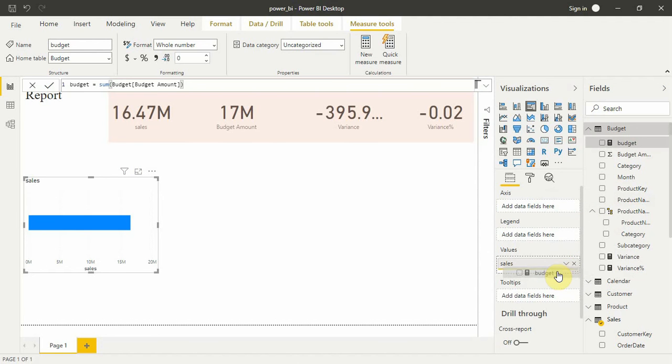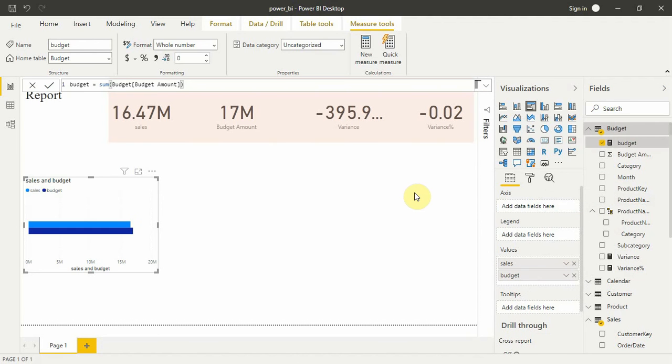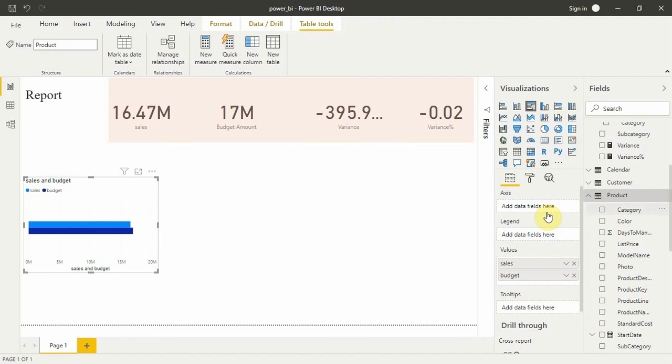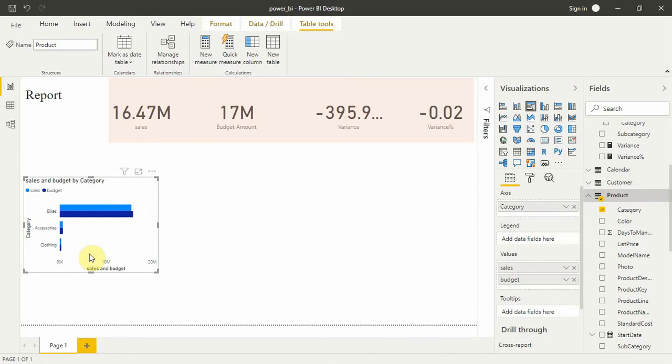Alright, now you can see sales and budget here. Now we have to add something to axis as well. In axis, let's add category. Alright, now you can see bikes, cars, clothing, its sales and budget here.